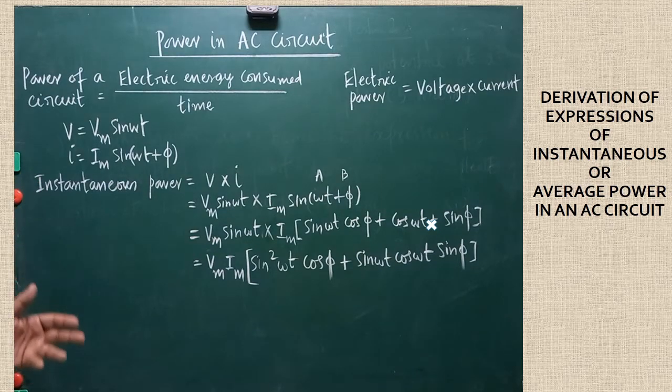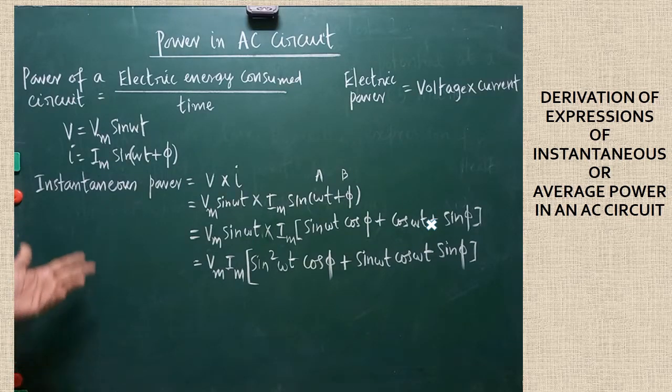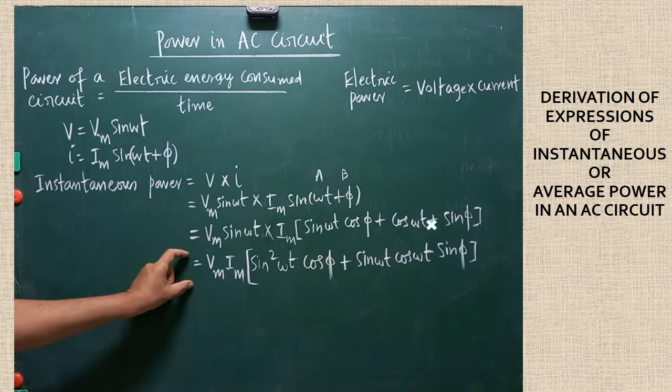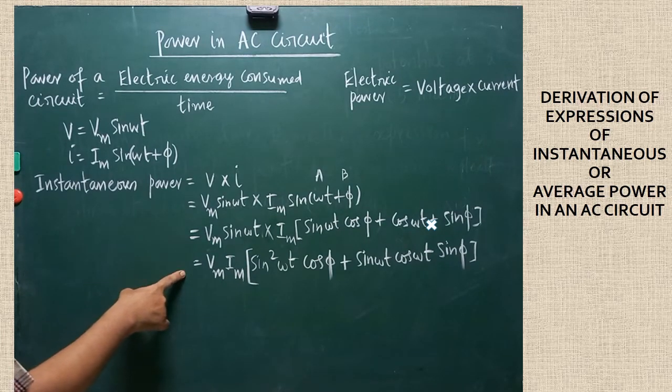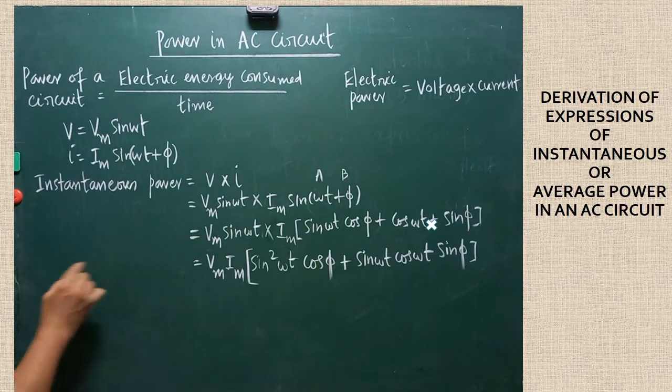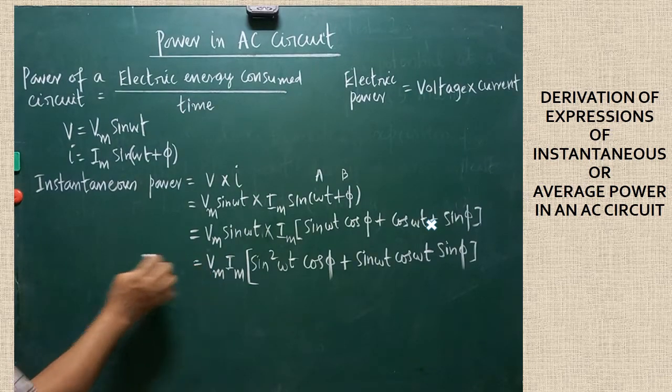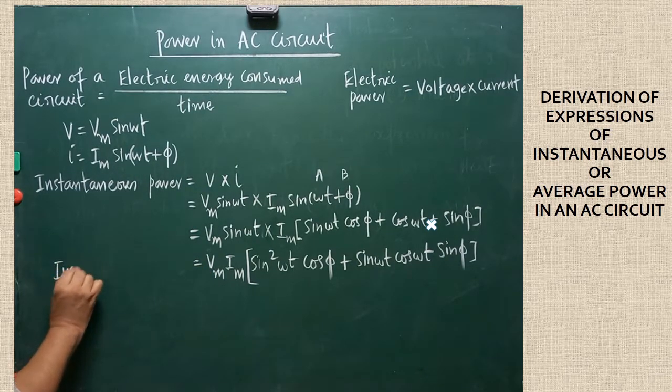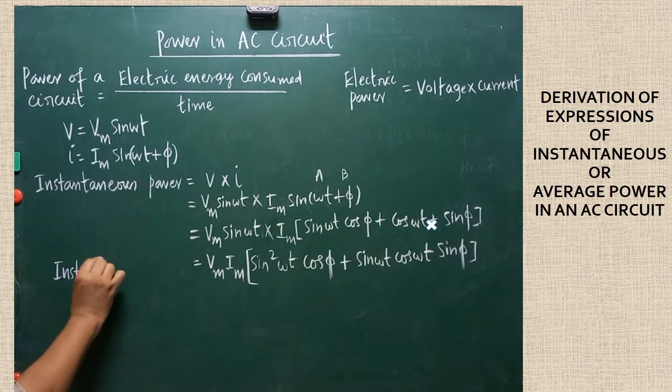Since the voltage and current are both varying with respect to time, we are in a position to calculate the average value of current and the average value of voltage. Now, even in the case of power, we have to calculate the average value of power. This factor is called instantaneous power. Make a note. Again, I'll repeat, I'll write the sentence here. This expression that gives you the instantaneous